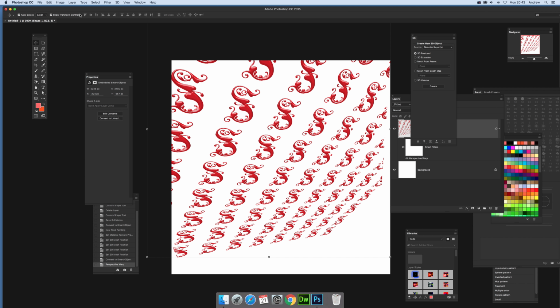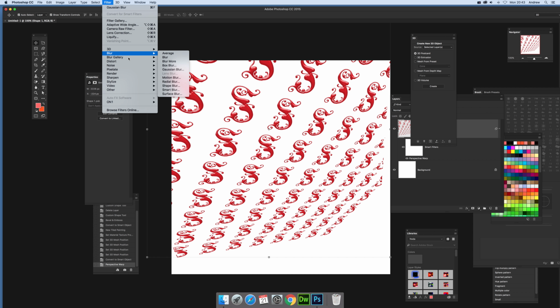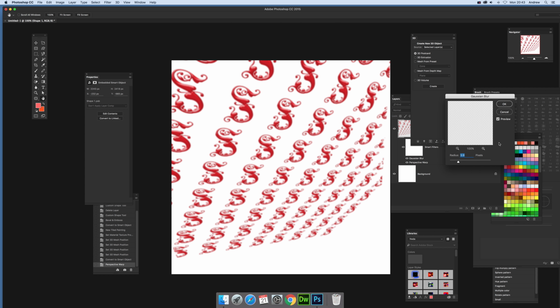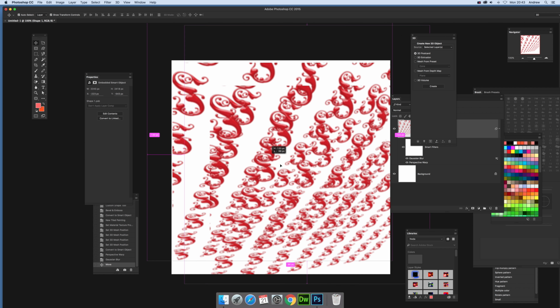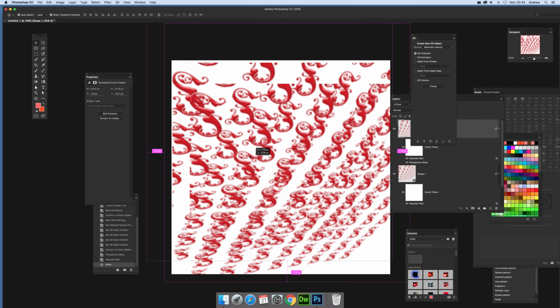Click OK. Now, also what you can do, of course, you can apply other filter effects. You go filter and maybe camera raw, blur, Gaussian blur, and so on and so on. And of course you can always duplicate the layer. So you can actually just go there, hold the Alt down and duplicate the layer and create again more